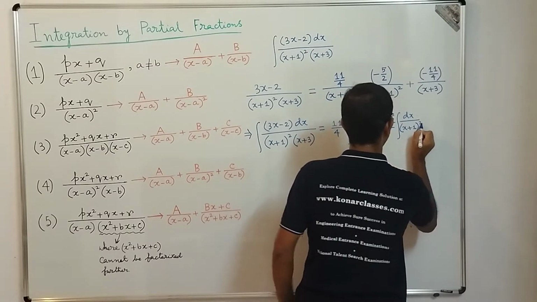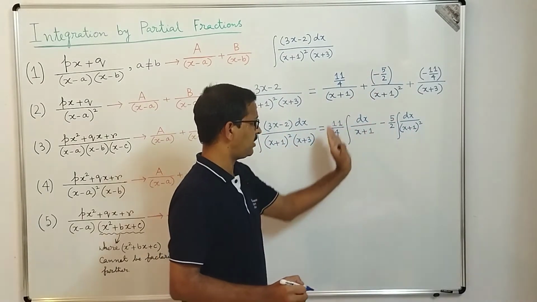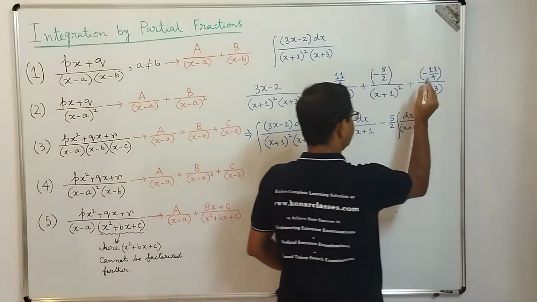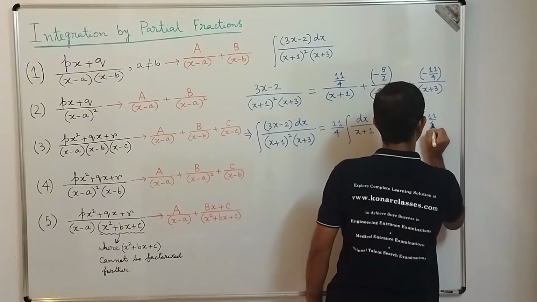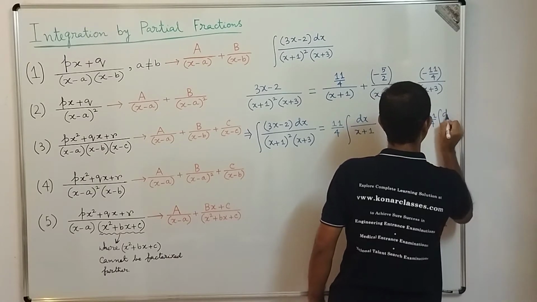Minus 5 by 2 is a constant, so we took it outside of that integration. In the similar manner, minus 11 by 4 we took outside of this integration, it is dx by